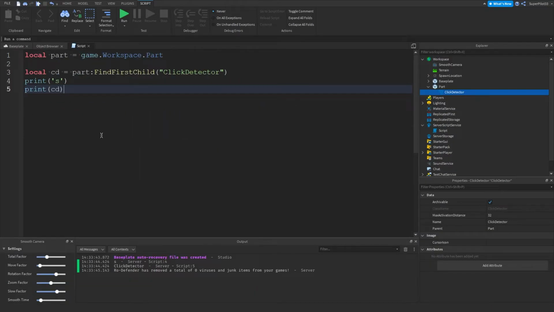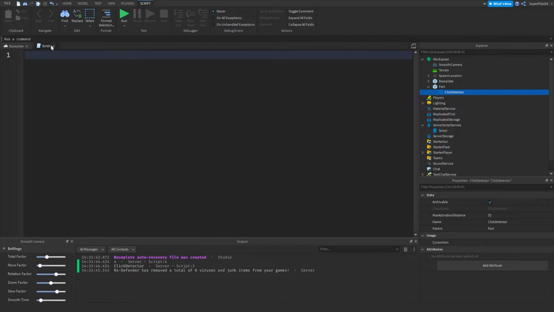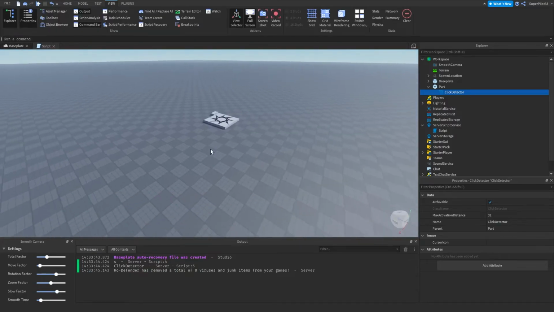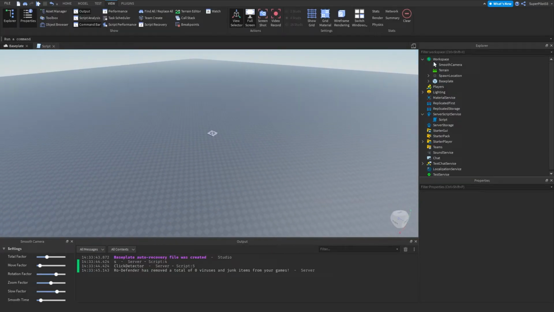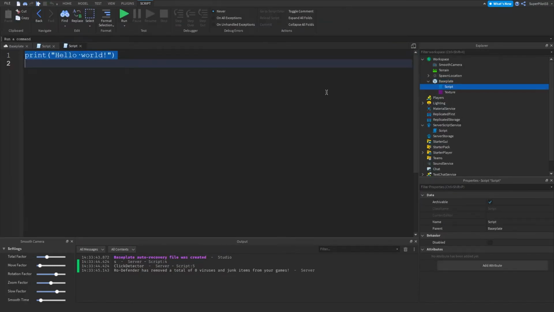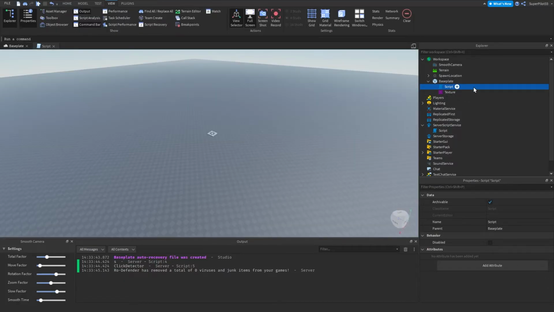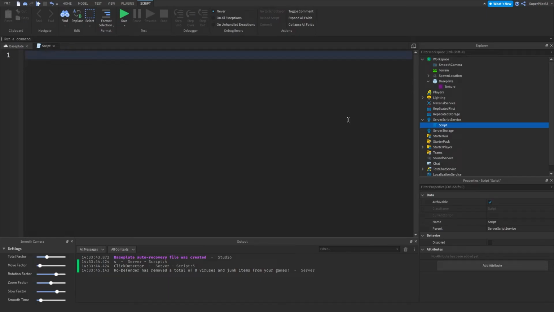I do want to go over the homework from last video, so remember, if you're new around here, we do give out homework at the end of videos, so let's quickly go ahead and cover last video. So we're going to put a script in here. We're going to do a local base plate equals, or actually I haven't taught you guys this yet, so I'm just going to delete that script. And here we're going to do local b for base plate equals